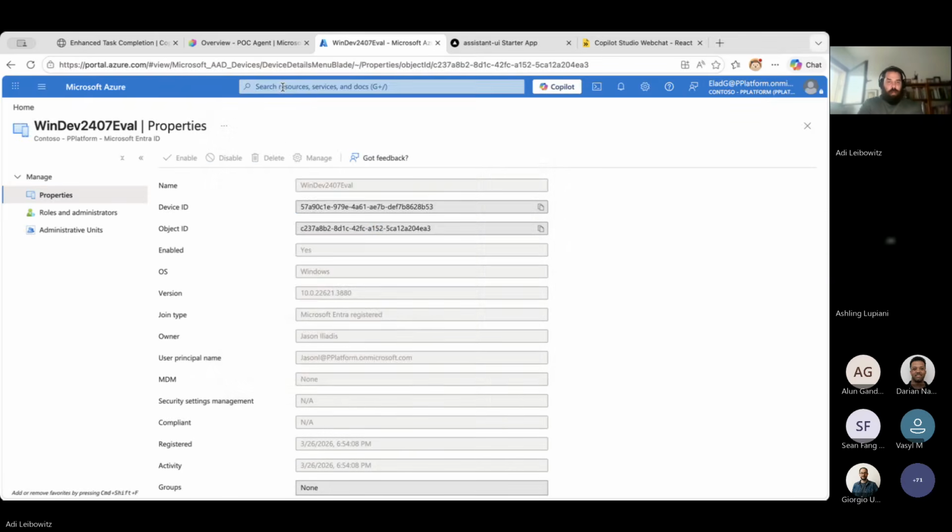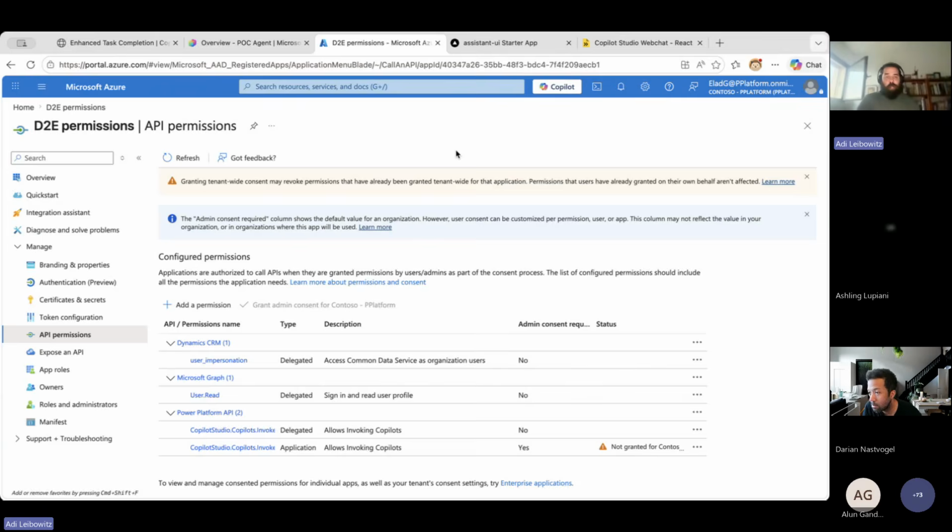So in order to share a Copilot Studio agent with an app, you'll have to create an